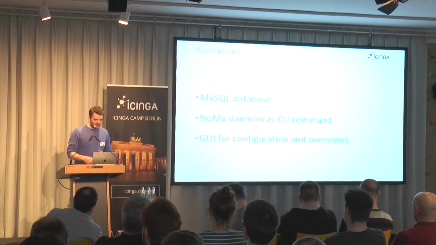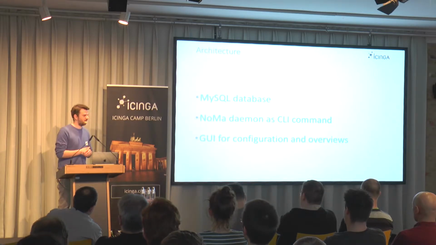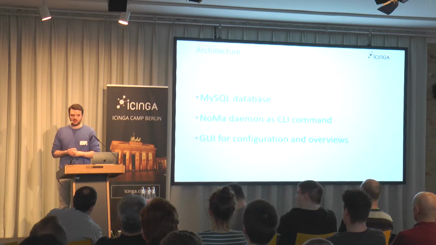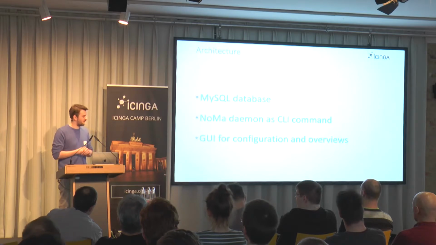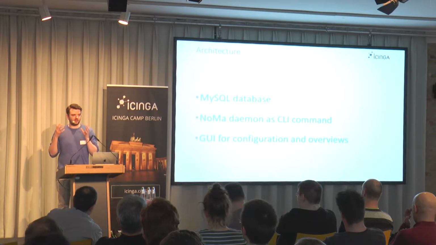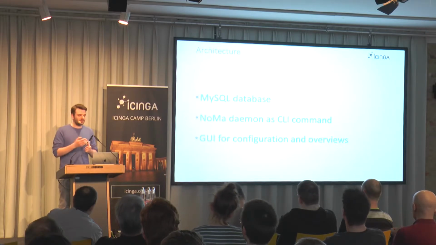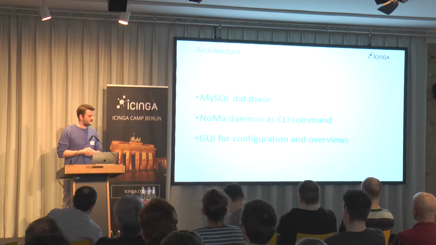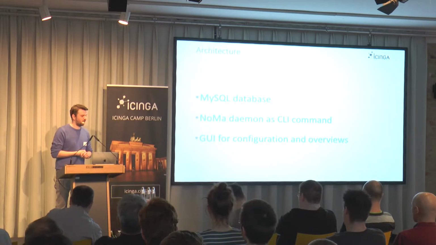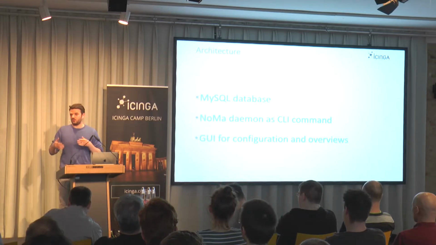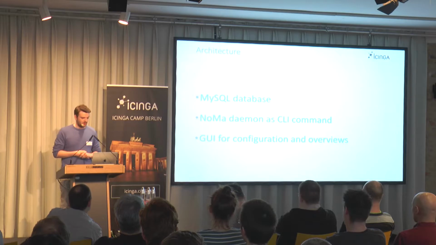What we have in Noma is a MySQL database, so we have a dedicated schema for all that stuff, so we can track our events, incidents, and notifications, and view them, of course. We have our Noma daemon as a CLI command, so we only have this Icinga Web 2 module, and the daemon and the GUI are already integrated. And of course, we have the overviews about events, incidents, notifications, and we have the configuration of all that stuff